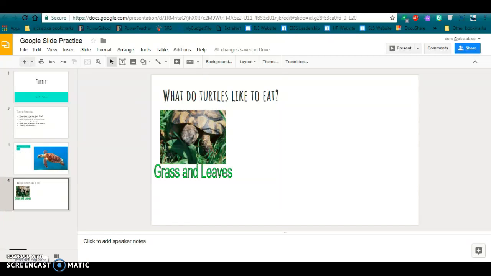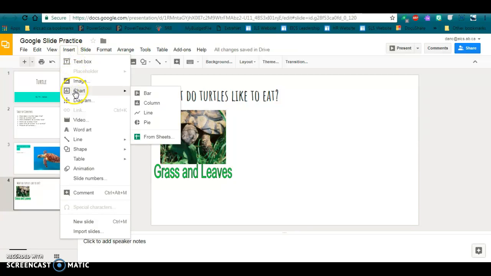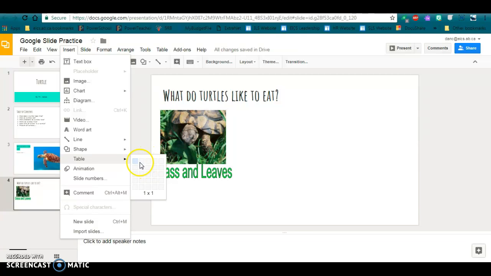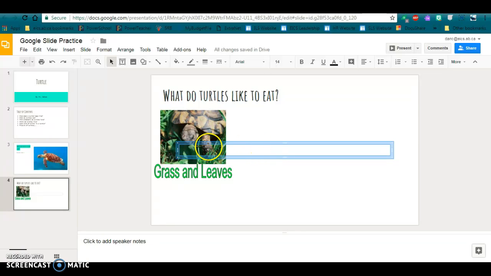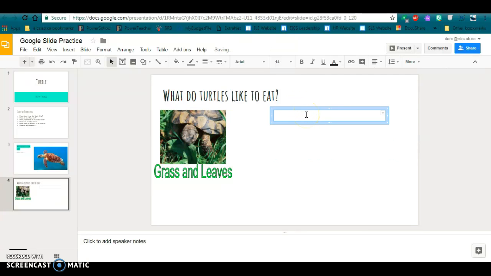So as I mentioned, we can certainly continue to add different elements, so different pictures, different words in terms of word art. I'll just show you real quick. We can do some other things. We could do a table, and again, you guys are experts at these by now, but you could do a quick little table to also show. I'm just going to change the size of this one a little bit, just so it's a little bit better. You could also include things like, so I said that they eat marine plants,